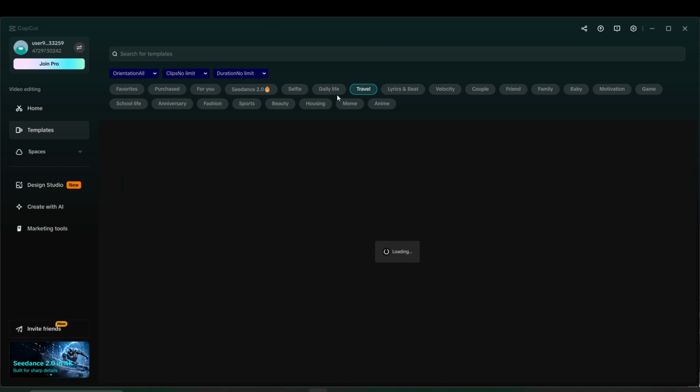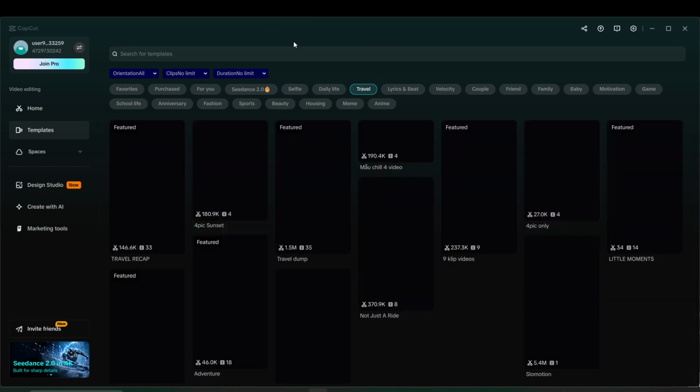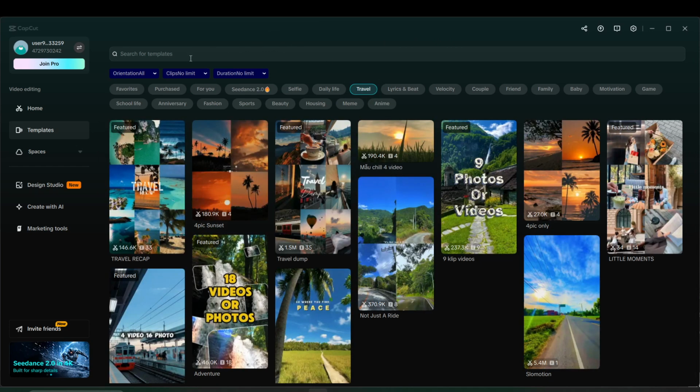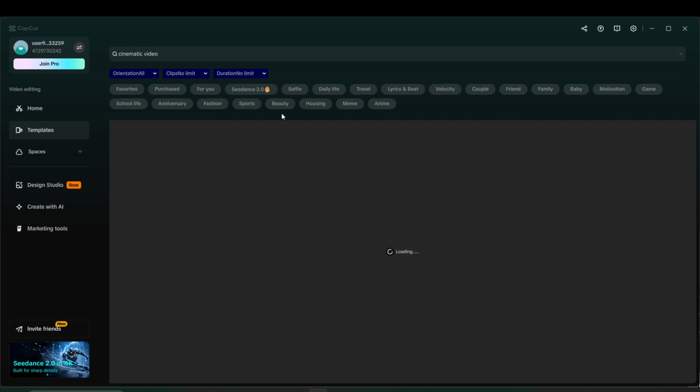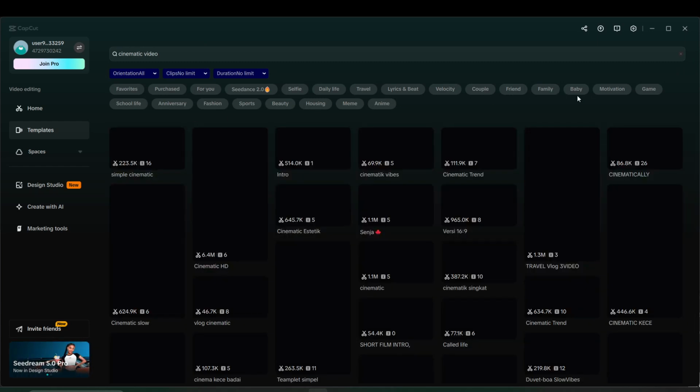At the top of the template sidebar, click into the search box. Here you can type a keyword based on the look or mood you're going for, such as velocity, intro, or cinematic. After entering your keyword, press Enter on your keyboard, and CapCut will refresh the results to show matching templates in the asset grid. If you're not sure exactly what style you want yet, you can also scroll through the thumbnail categories below. This is a helpful way to explore what's popular and see what's currently trending in the template